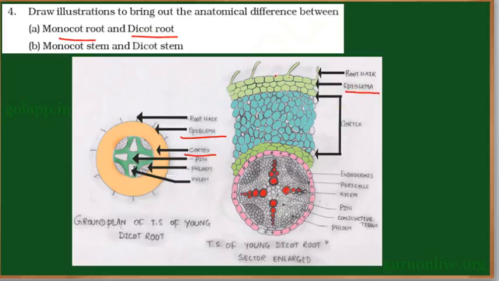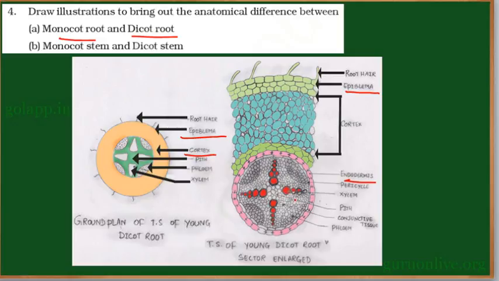Epiblema is the outermost layer, the boundary of the root, which is made up of single layered parenchyma cells, and the cortex is multi-layered. It contains one type of cell that is homogeneous in nature. It is made up of parenchyma cells, and the innermost layer of cortex is called endodermis. So here we can see the presence of endodermis, which consists of Casparian strips,